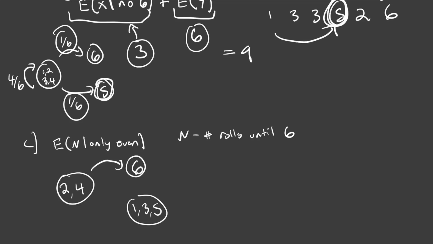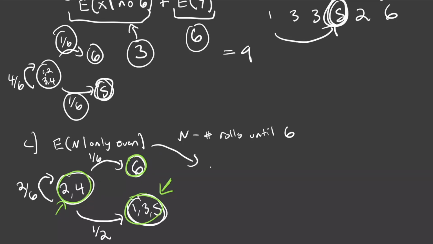We're going to get there with probability 1/6 from this state. We're going to get over here with probability 1/2, because we have 3 out of 6 of our total options over here, and then we're going to come back here with probability 2/6. So this represents all of the numbers that we do not want to count. This state over here, 1, 3, and 5, these represent what we do want to count. And then this one represents where we end our sequence. So now just by the law of what expected value is,